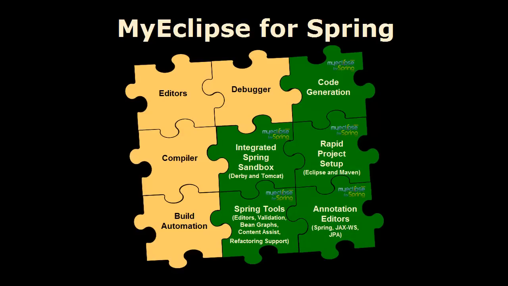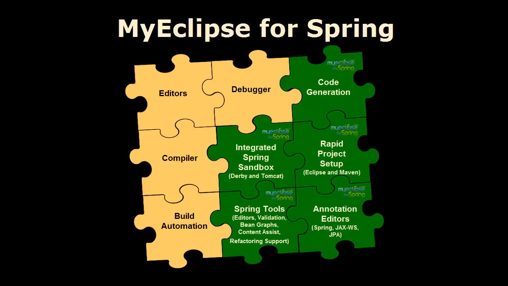Before I get started, let me briefly introduce MyEclipse for Spring. MyEclipse for Spring is a joint product from Genuitech and Skyway Software, and as you probably figured out by the name, MyEclipse for Spring is a special version of MyEclipse that is targeted at Spring development. It is comprised of all the great features that come with Eclipse, plus an additional set of Spring-specific extensions, including